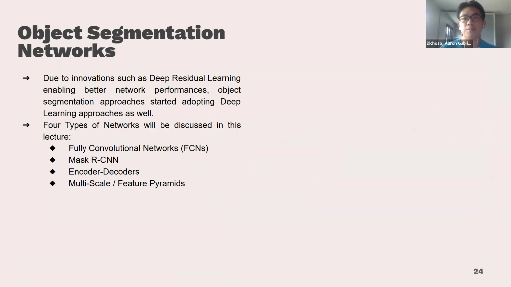So these segmentation networks actually started because of deep residual learning. If you check out the DLSU CIVI YouTube channel, there's a lecture there also about deep residual learning, which is one of the prerequisites of this lecture. So if you wish to touch up on that, you can check it out. Because of that specific innovation, network performances started to improve, and now it was actually viable to apply segmentation